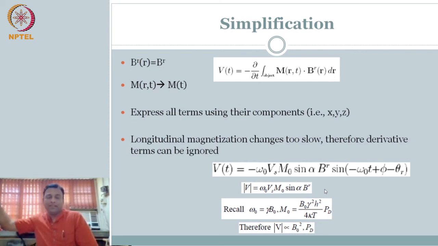I know how to measure the signal. What did we want to do? We want to make it coherent. We started with some alpha value. When will it be maximum? This voltage maximum, the magnitude, when your sine alpha is 1. What does that mean? Alpha is 90 degrees. What was alpha in our thing? If your magnetization vector was on the floor, then you'll get the maximum signal. That is what it says.